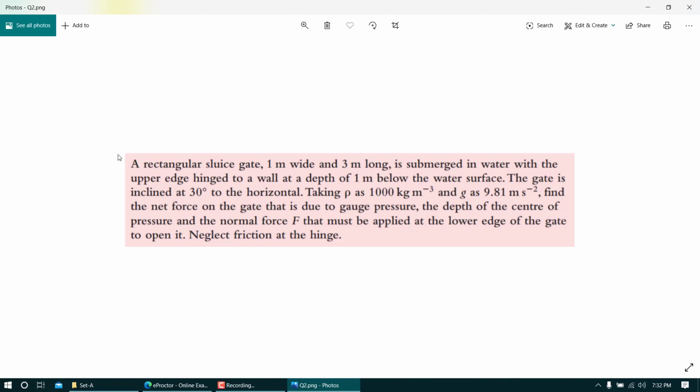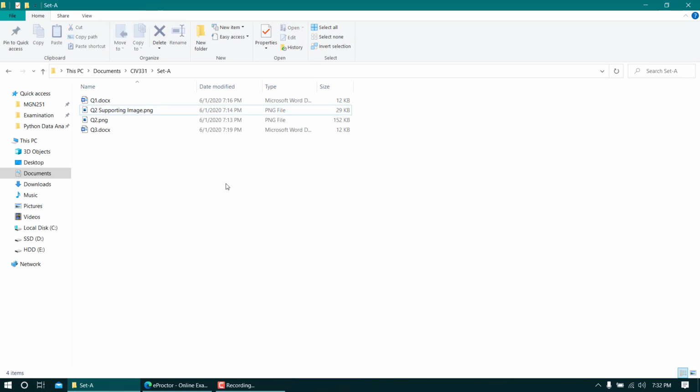So what I can do is take a snip of this, if I have written it in the Word document, and then paste the image straight away in the portal itself. So what I'm going to do...